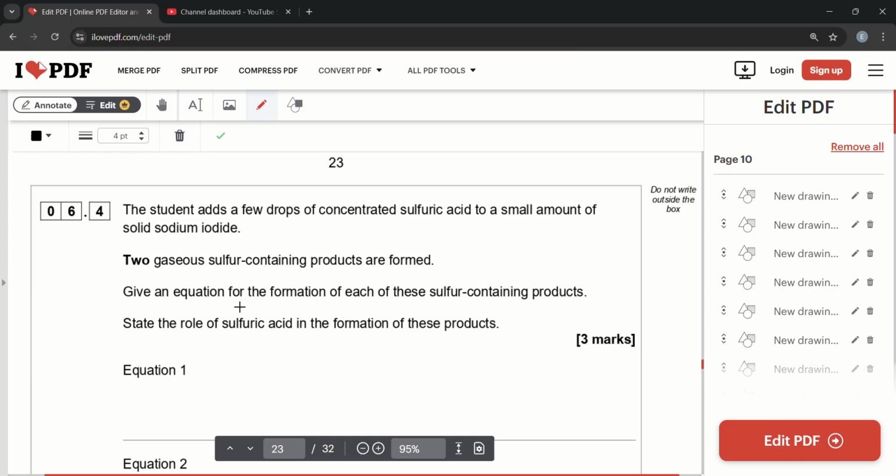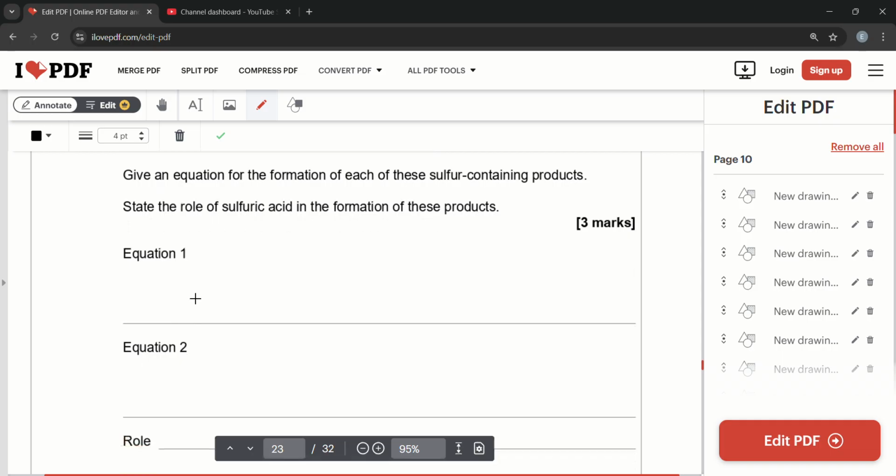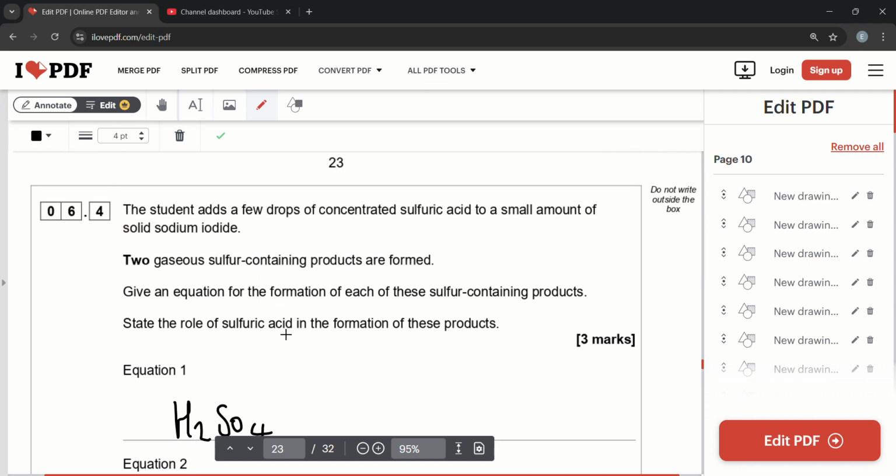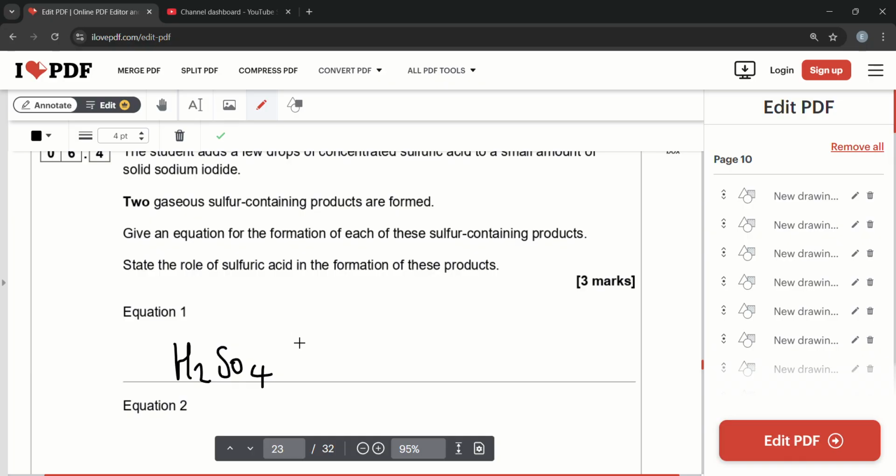6.4. Student adds a few drops of concentrated sulfuric acid to a small amount of solid sodium iodide. Give an equation for formation of these sulfur containing products. You've got H2SO4 plus 2H plus 2I minus to form SO2 plus 2H2O plus I2,